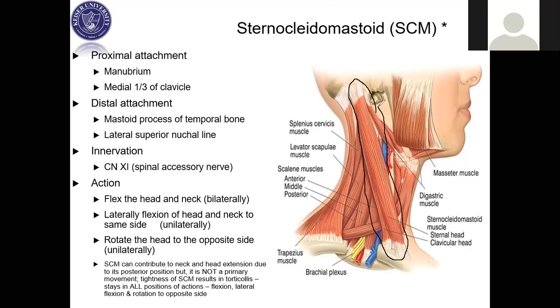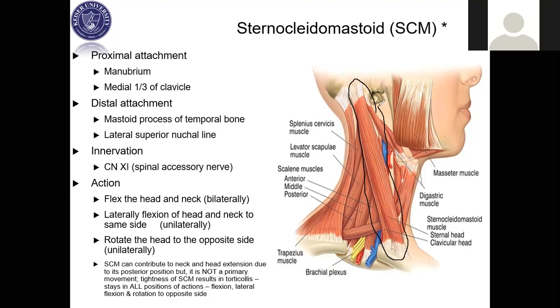The insertion is into the mastoid process, hence sternocleidomastoid. Not every muscle is that easy, but this is a good one, okay? So the origin is the sternum, the top, the manubrium portion, and the clavicle,